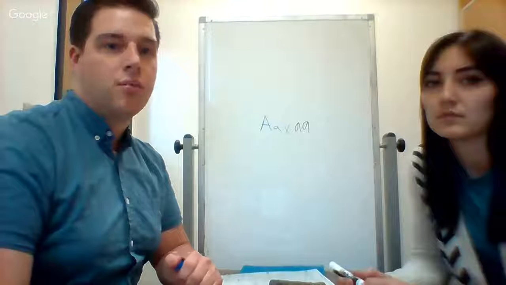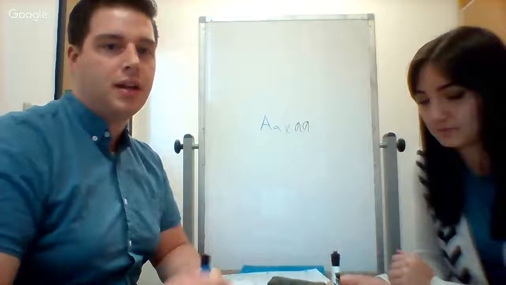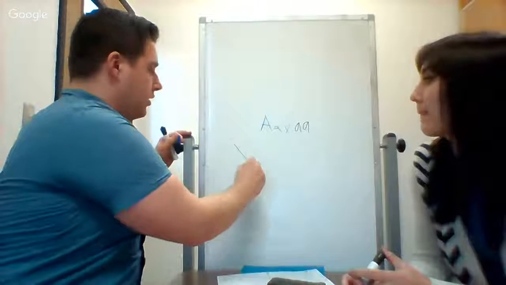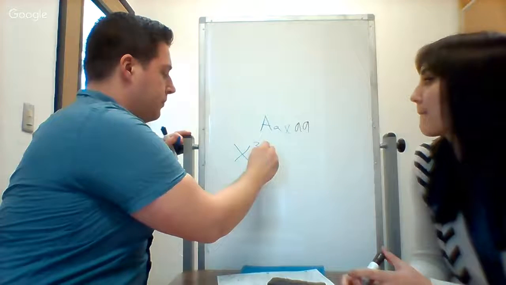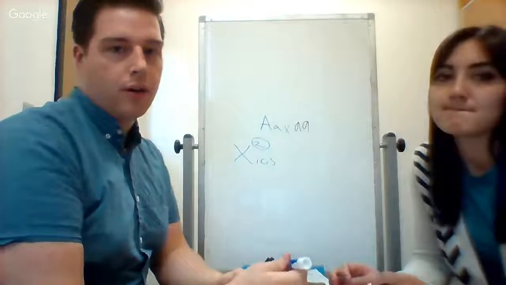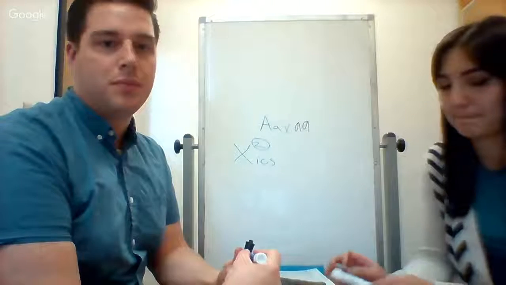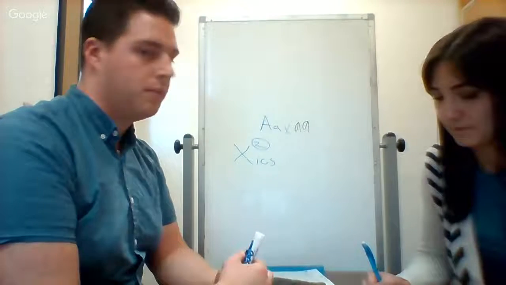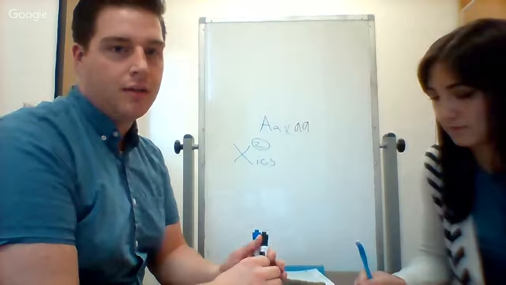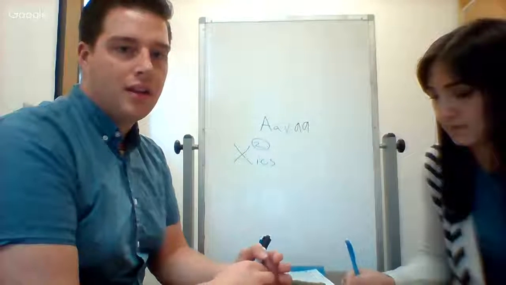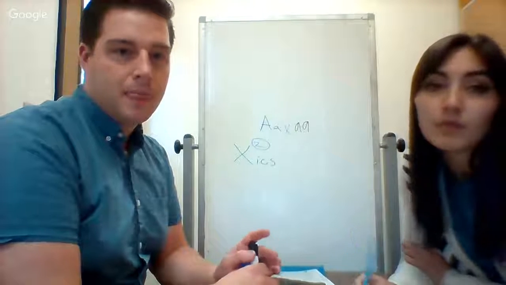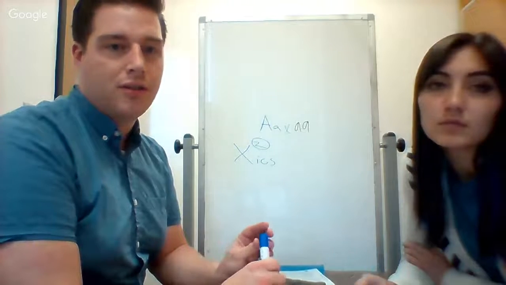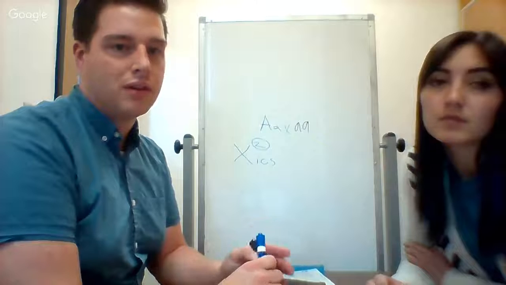The answer is that there are no Barr bodies. There has to be at least 2 XIST for the X chromosome to be inactivated. Because there aren't 2 of them,